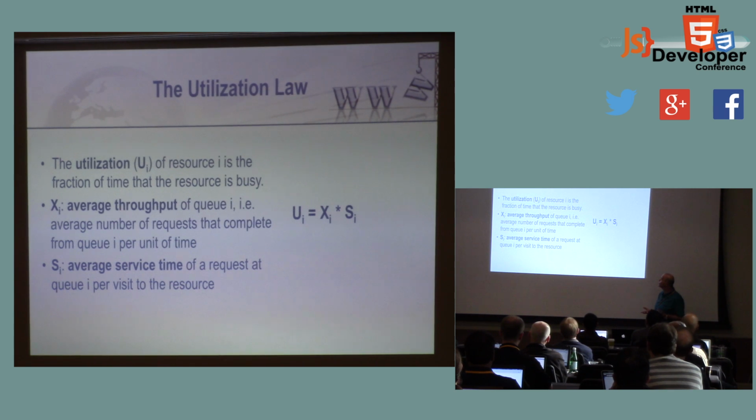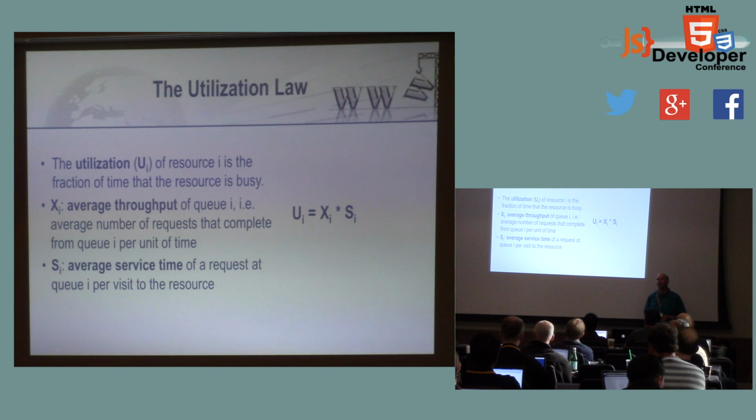We've got some average throughput for the queue that say, oh, we handle 15 people per hour. We can get 15 people tickets per hour. And then we know the average service time takes, 1 minute to get a ticket or whatever. Utilization law is very simple. It's just the product of those two numbers. This is just, I'm building toward the response time law here. The utilization law is not necessarily directly important for performance work. It's very, very important for capacity planning, which indirectly obviously has a huge effect on performance. So don't lose the utilization law. But in the class, we're really going to spend more time on the response time law.